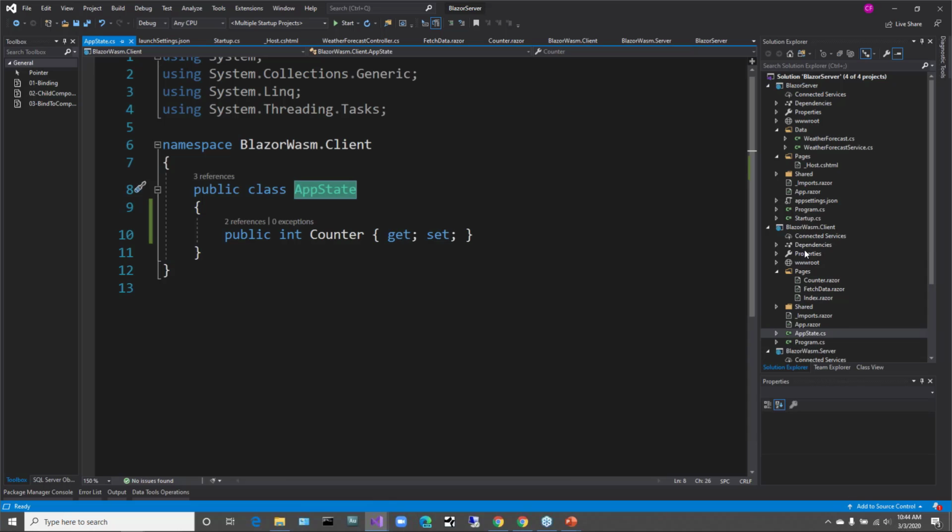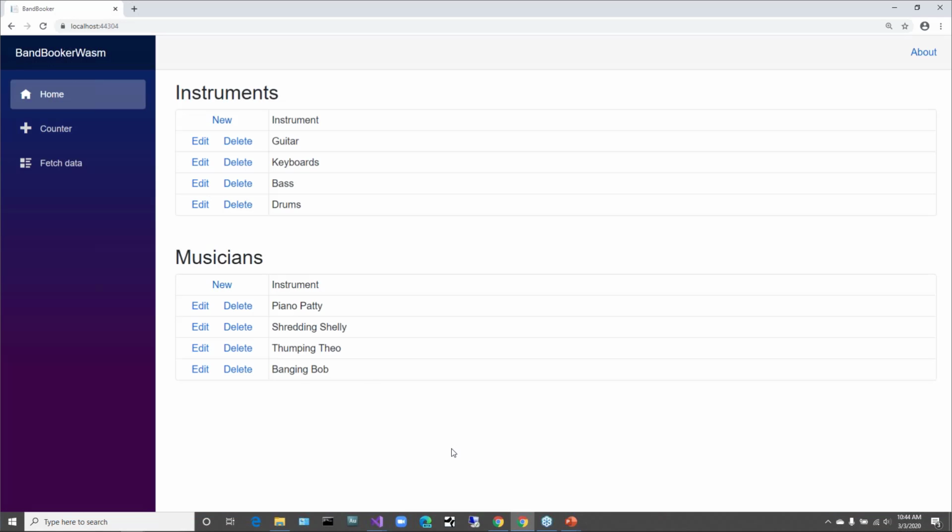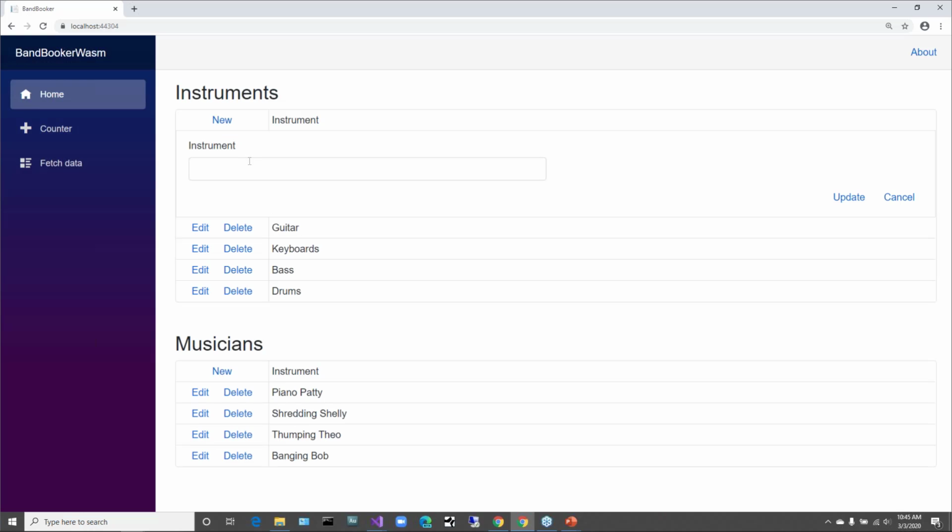Well, let's take a quick look then at the difference in plumbing requirements between a boilerplate Blazor app and when you start injecting some of the DevExpress Blazor components. Yeah, sure. So I will actually show you a demo that I have running here. That is the same demo that I've been showing on the Roadshow, but it's using a DevExpress grid control. And so there's 2 DevExpress grids here. One to create a new instrument,